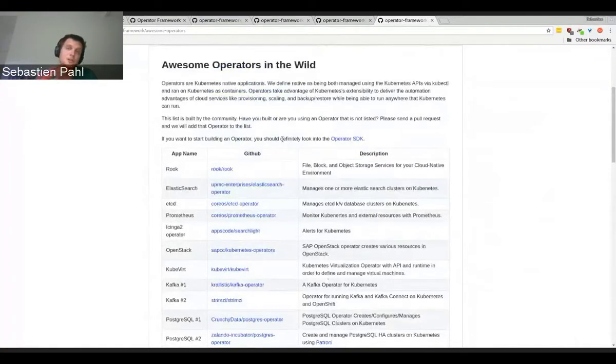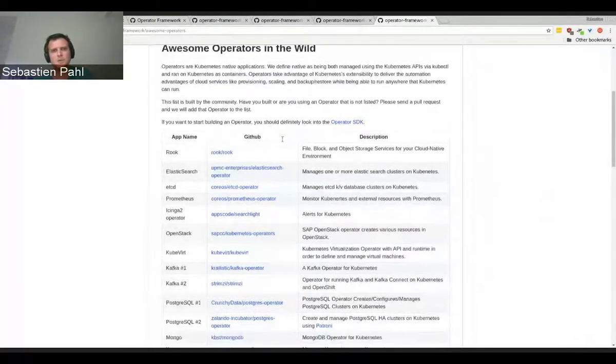Our goal is not just to help you build these operators, but eventually to help you test these operators, make sure that they work and behave well in a lot of environments. So we want to build, through the SDK, a common way to test them and to certify them on a platform like OpenShift. That is what's going to transform a list like this, which you've all seen in the past,